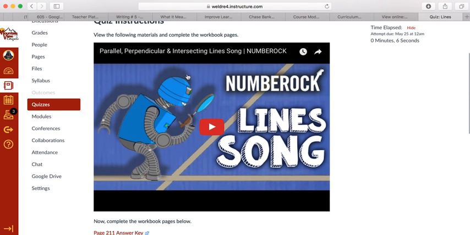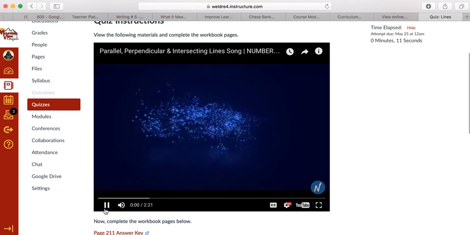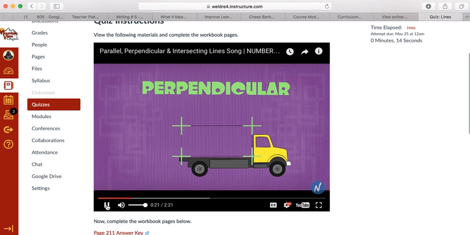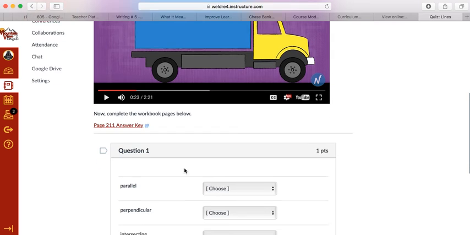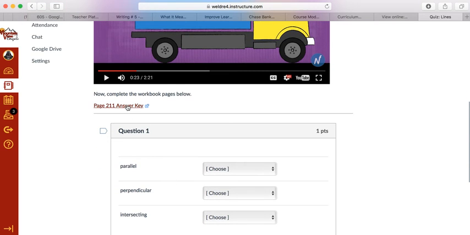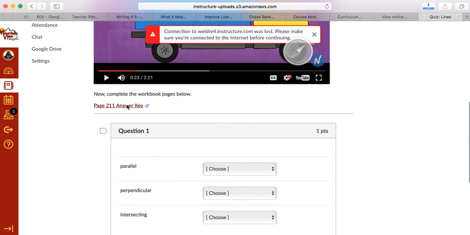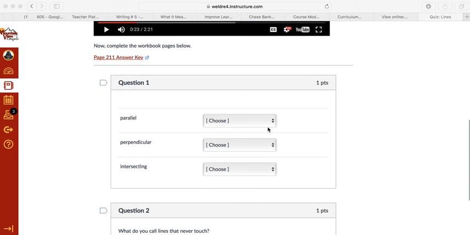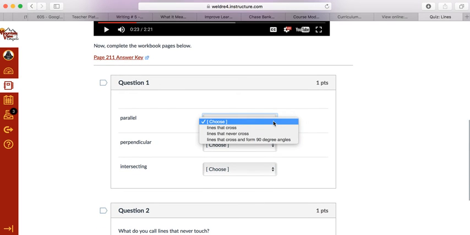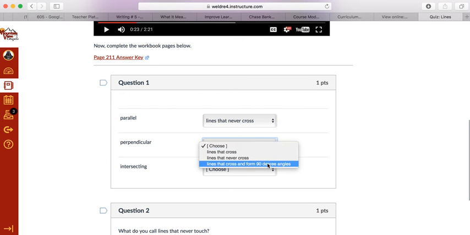So within the module, they can watch the video. Okay, so you don't have to worry about advertisements or anything like that. Angles, perimeter, or let's break it down. So they can use that to work through these problems. And again, here, like I said, when they click on this link, it will pop up right there, the answer key. So they answer these questions: parallel, lines that never cross; perpendicular, 90-degree angles; intersecting, lines that cross. Question 2,